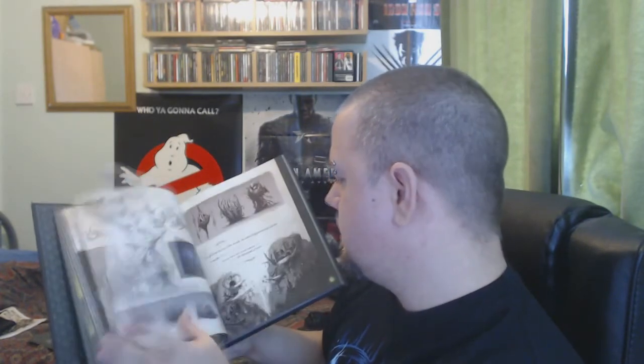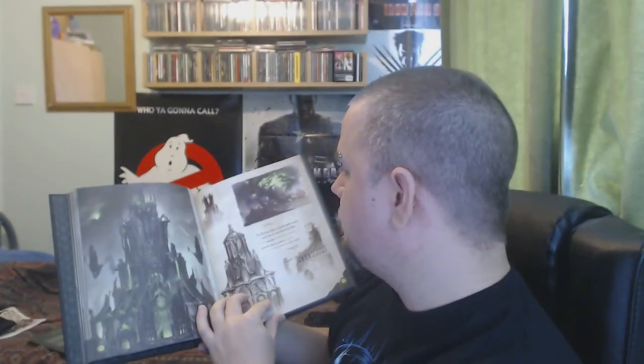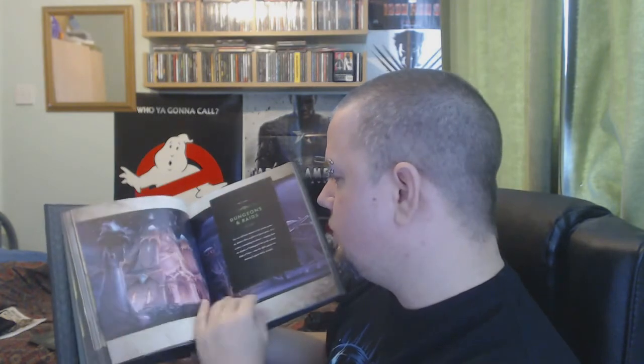What else we got? Landscapes, trees, just wonderful, wonderful pieces in here. Just really, really great stuff. Everything from all the different zones to the temple of. Is that the Temple of Sargeras? I believe it is. Yeah, for the Broken Shore event. And all the different architecture, and then you got Dalaran and